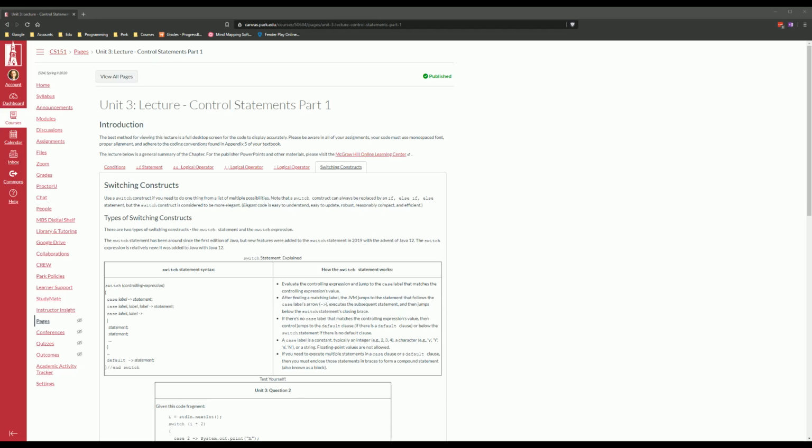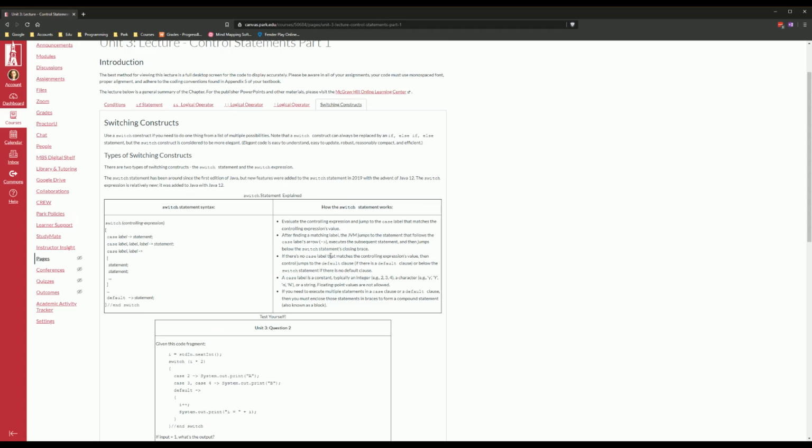Hello everybody. Unit 3, which covers chapter 4 of the text, talks about switching constructs. And in the latest two editions of Java, there's been some pretty big changes to the switching constructs that the second edition textbook doesn't really get into, but our actual course module page on Canvas does talk about the differences between it. So I wanted to cover the three different versions that you might come across, and so you can